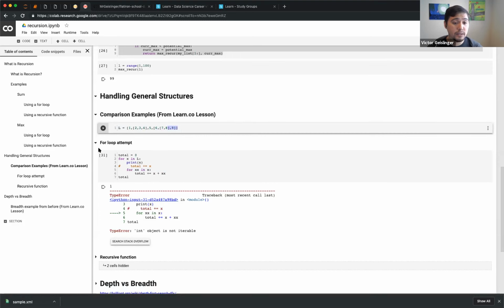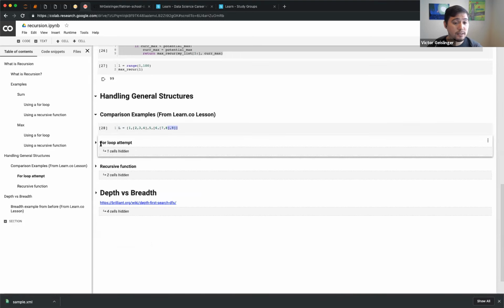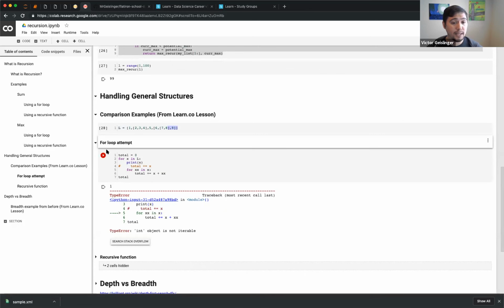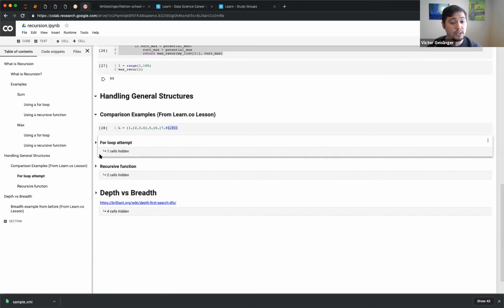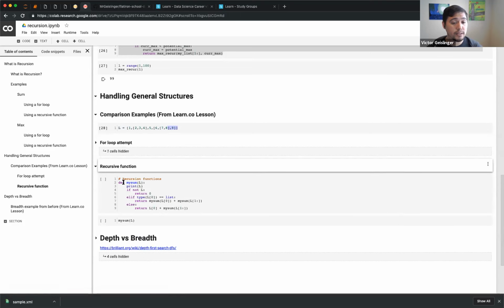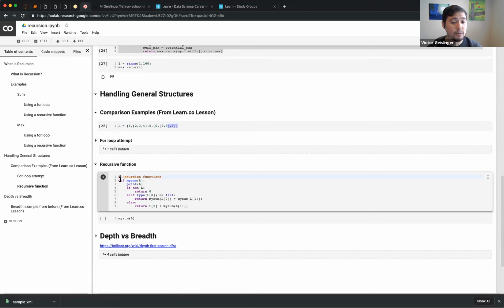So what we can do is use recursion. In this case, you can imagine how complicated this function would end up getting, and that's only for one structure. If we get some other random structure, it would be hard to do. We can write a relatively small recursive function and be able to sum up any number of nested elements.